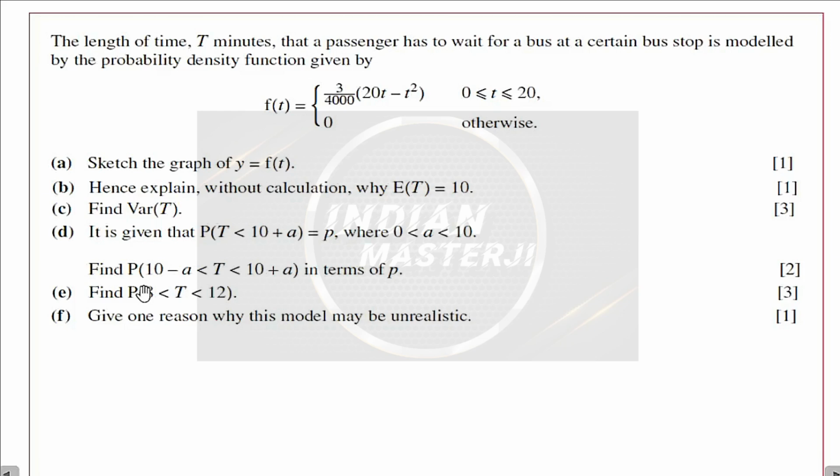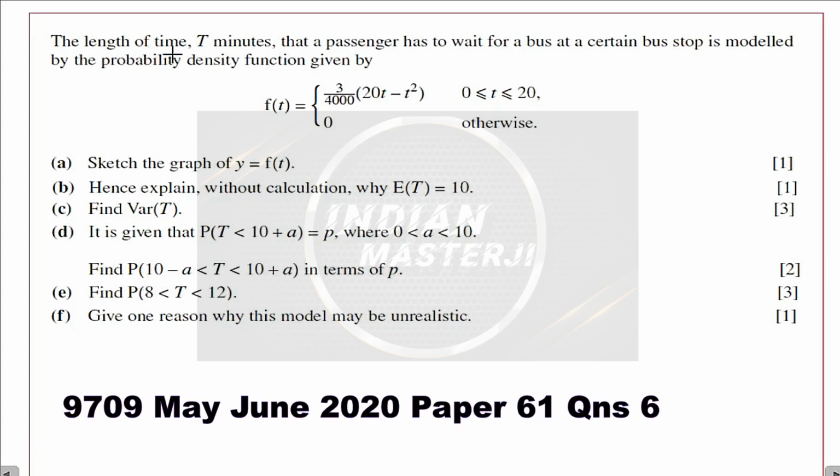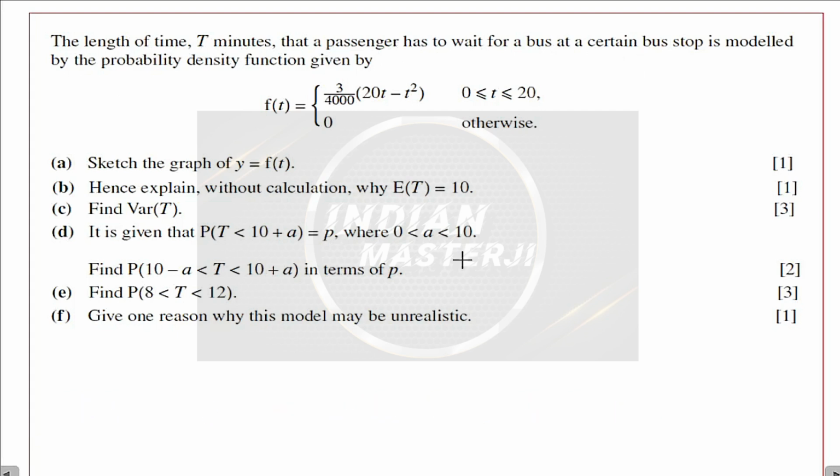Namaskar. In this tutorial, we will go through a past paper question based on the concept of mean and variance of a continuous random variable. The question says the length of time t minutes that a passenger has to wait for a bus at a certain bus stop is modeled by probability density function given by f of t is equal to 3 by 4000